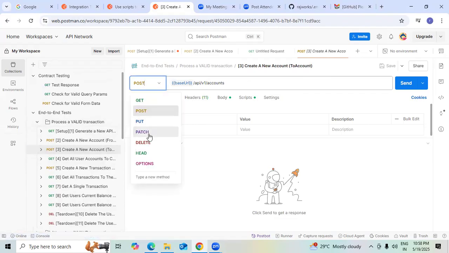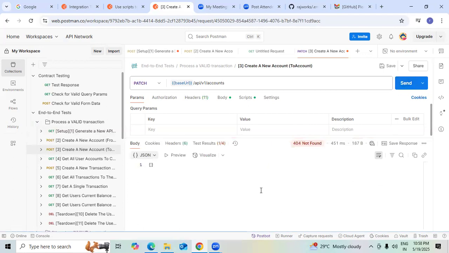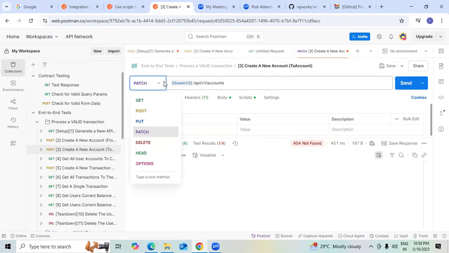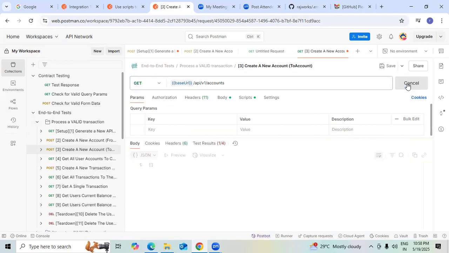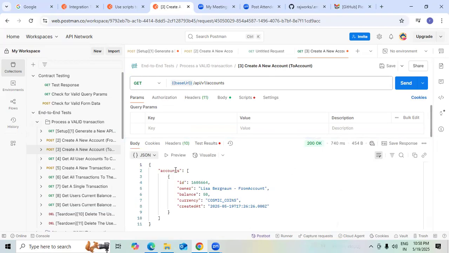For example, creating a new account. For creating a new account, you may want to patch some additional information. Whenever you want to patch new information, you need to create an account, then you need to patch it. Or, for example, you need to get some information from a new account which is already created. You can take the new account here and get the new information, where the required file for the new account updates can be in the form of JSON. It can be a JSON file, because we have an option where these file formats can be